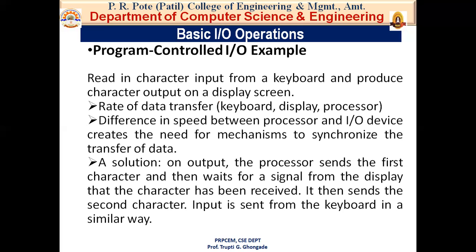Then the processor waits for a signal indicating that the character key has been struck and that its code is available in some buffer register associated with the keyboard. So whatever you have sent through input devices, as I told you in the printer example, the processor stores that in a buffer register. The processor is no longer holding that character and stopping its other operations. It simply stores all this data in a buffer register and is then free to work on other operations.